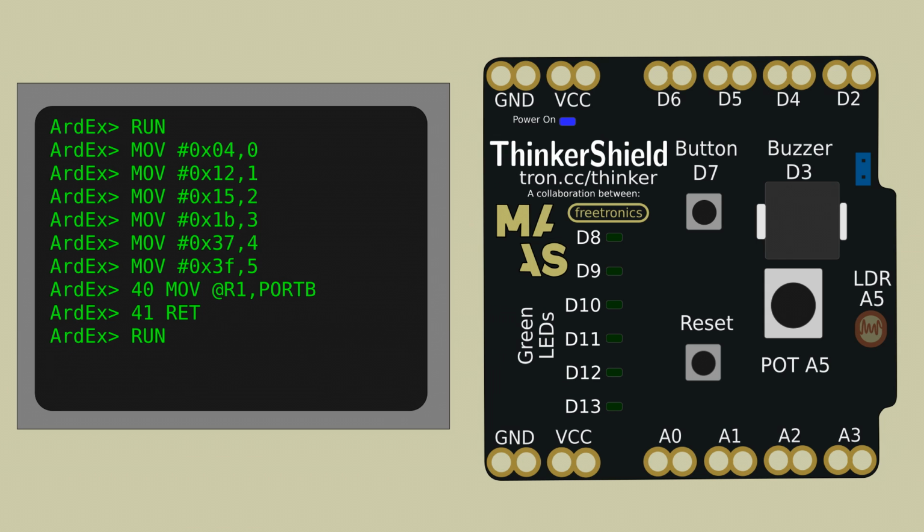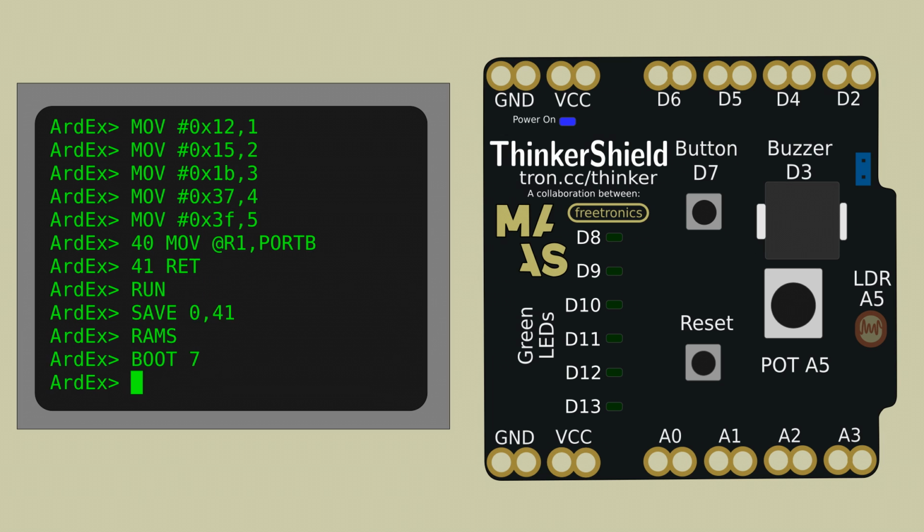To be a useful dice simulator, you don't want to have to fire up your PC to run it. Let's add the finishing touches by having ArdEx automatically run the dice program whenever you plug in your Arduino. This save command saves program slots 0 to 41 to EEPROM on the chip. The RAM-S command saves the entire contents of RAM to EEPROM. The boot7 command tells ArdEx at startup to load the program slots and the RAM from EEPROM and start running